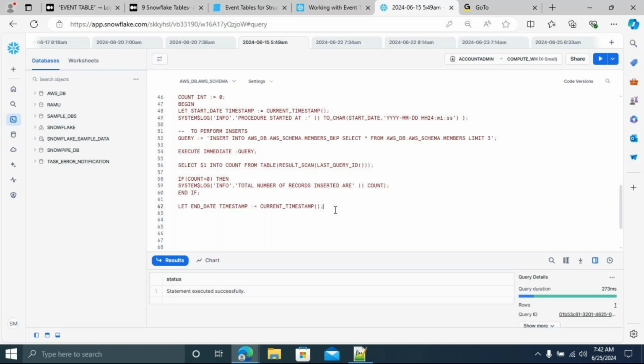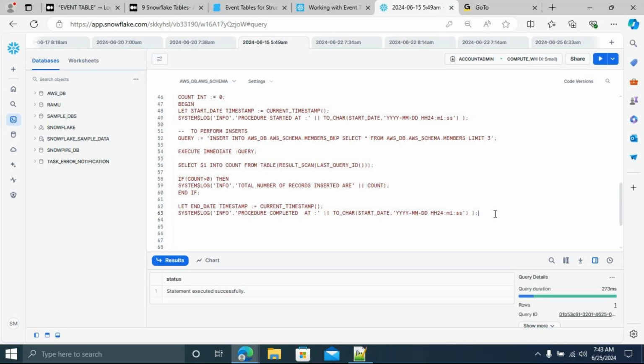Now what do we have to do? Again, we have to write into the event table. I will copy from here, guys. Copy and then paste it here. Procedure completed at. Okay, good. Everything is good, right?